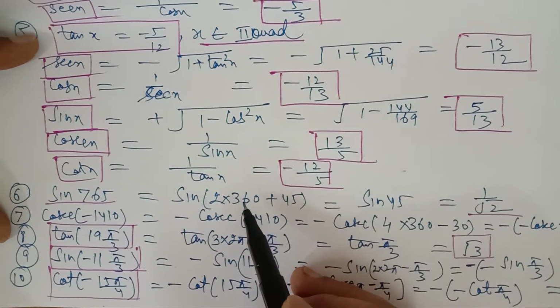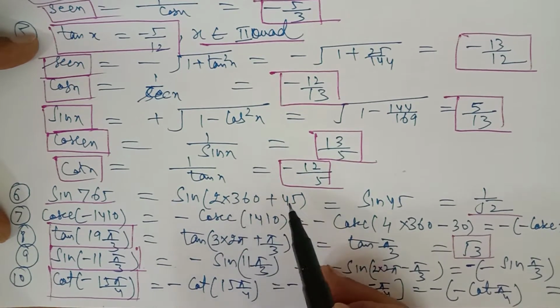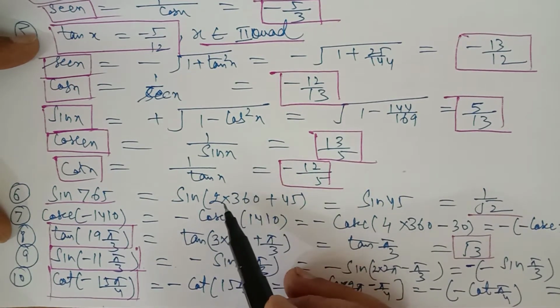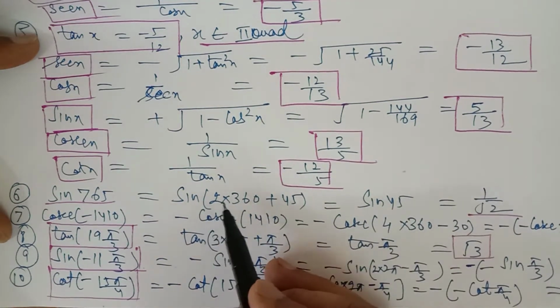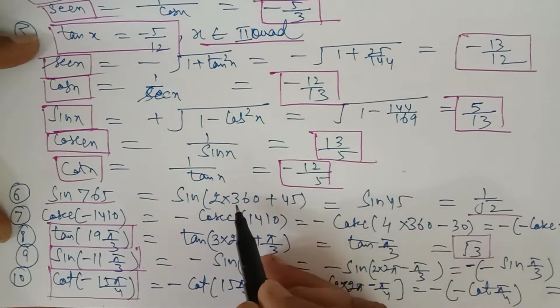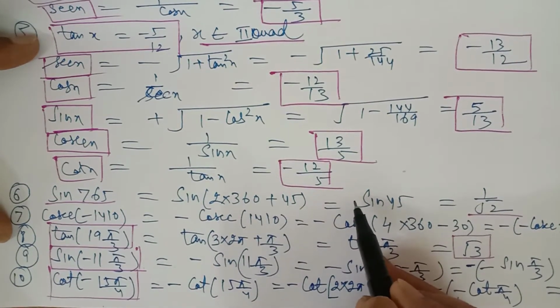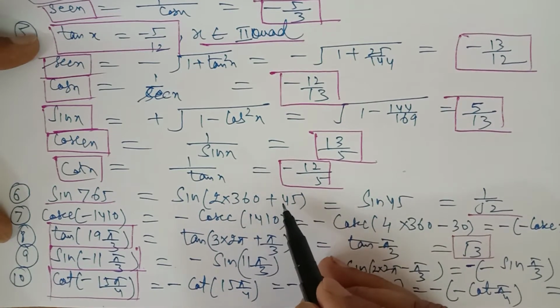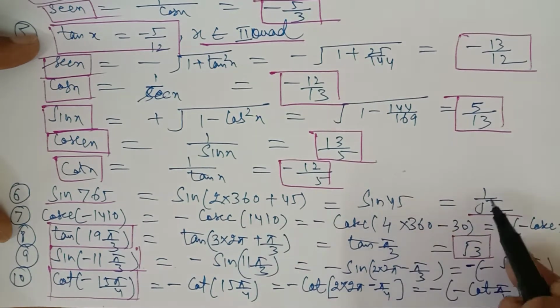Because we know that in a complete circle, or for a multiple of 2 pi, the value of sine and cos will remain the same. So sine of 2 into 360 plus 45 comes out to be the formula sine of 2n pi plus 45, which is equal to sine 45. Sine of n into 360 plus theta is equal to sine theta. 360 plus theta is in the first quadrant. In the first quadrant, sine is positive, and in a 360 degree angle the trigonometric ratio does not change, that is why it is sine. So sine 45 is equal to 1 upon root 2.